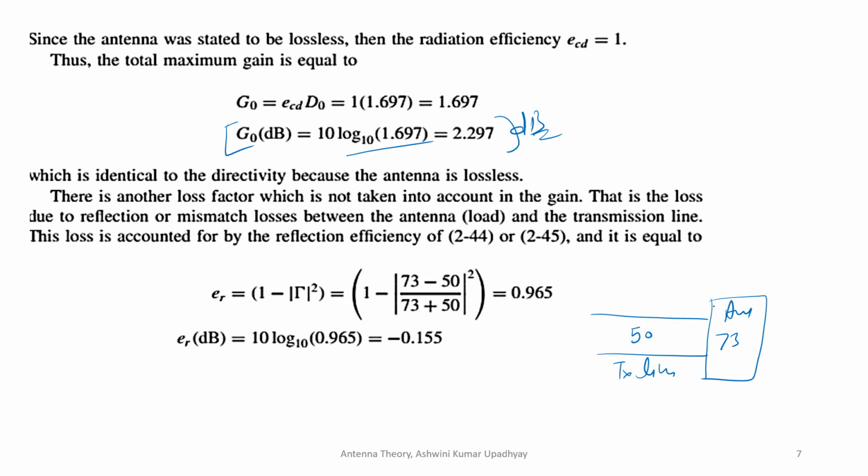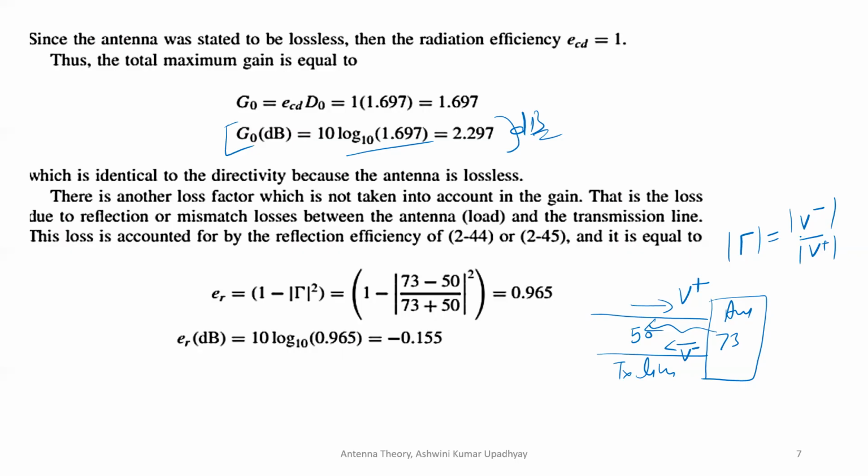So in that case, what happens in electromagnetic field theory transmission lines is that if the characteristic impedance of the transmission line does not match with the input impedance of the load or antenna, there will be reflections. If some signal is going in this direction, suppose I'm talking in voltage terms, if some V plus voltage is going in this direction, there will be some reflected voltage, I'm calling it V minus, in the opposite direction. So there is a quantity called reflection coefficient. And its magnitude is given by magnitude of V minus upon V plus.